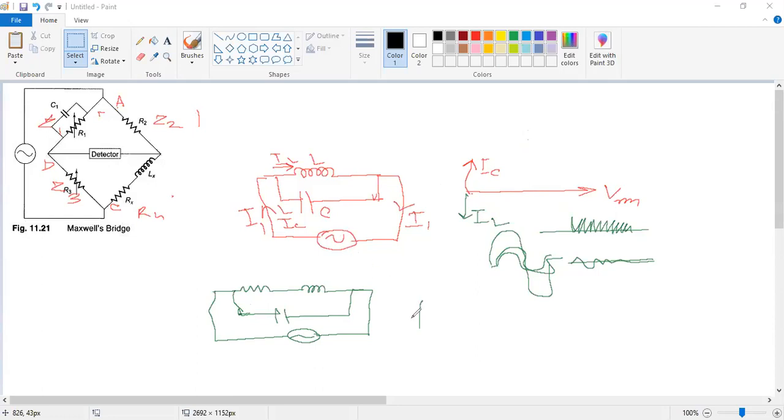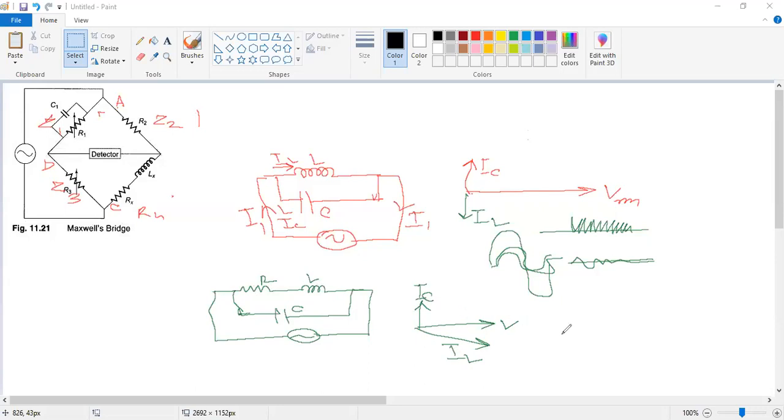Look, this is the 90-degree for the C, because look at the difference: within this C there is no resistance. So C is totally free. It is going to 90-degree. Okay, IC means the IC current is 90-degree, and the inductance is coupled with the resistance. So the inductance gives the phasor diagram just like this, IL.